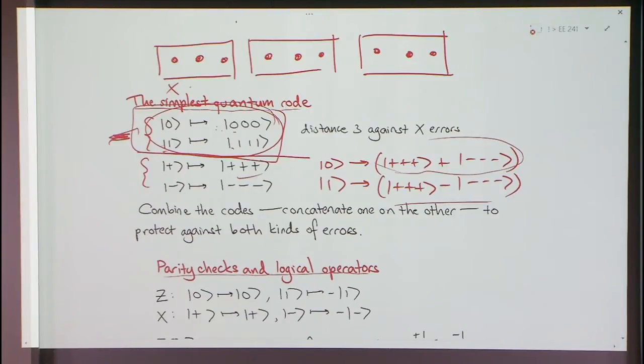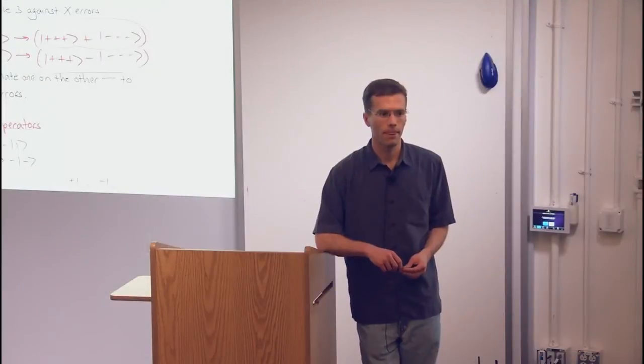And so if there's an X error on one of these 9 qubits, or actually you can have one in each block of 3. Since you apply the recovery procedure to each block separately, it'll correct those. And that doesn't affect the outer code, because the outer code is just some code word on top of this repetition code. So recovery protects against it. I guess the mathematical way of saying it is that you define a new recovery procedure, which is the product of the 2 recovery procedures or something like that.